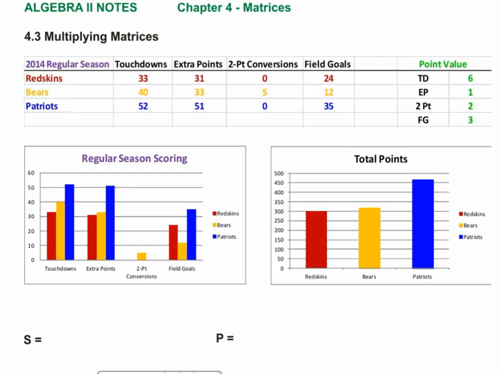All right. Redskins: 33 touchdowns, 31 extra points, no two-point conversions, 24 field goals. That was last year. The Bears,